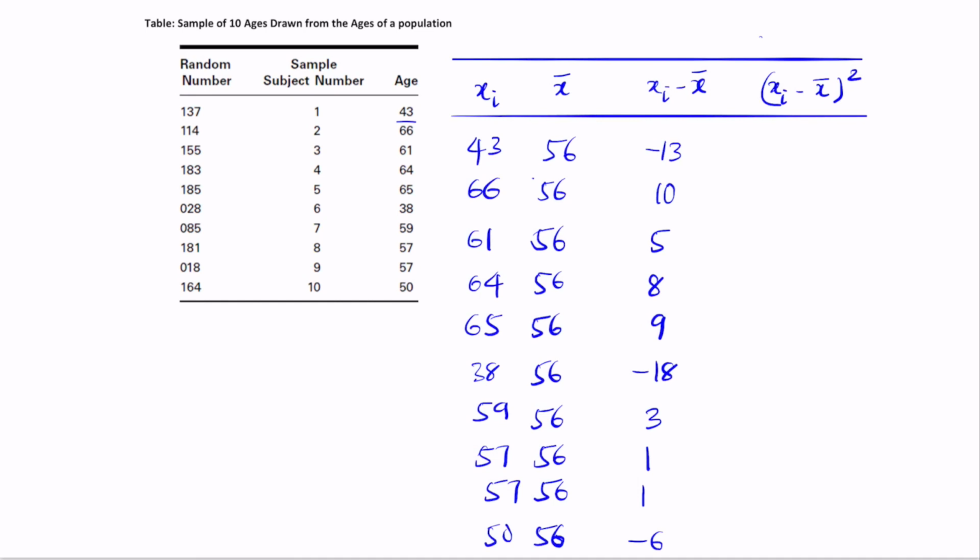Now we want to do the square. So take the value that you already have here and square that value. Minus 13 squared becomes 169. Remember that minus becomes plus when you square it. So 10 squared is 100, 5 squared is 25, 8 squared is 64, 9 squared is 81. Minus 18 squared